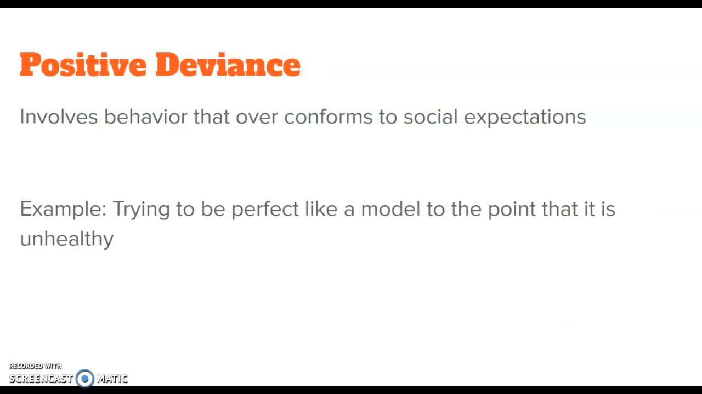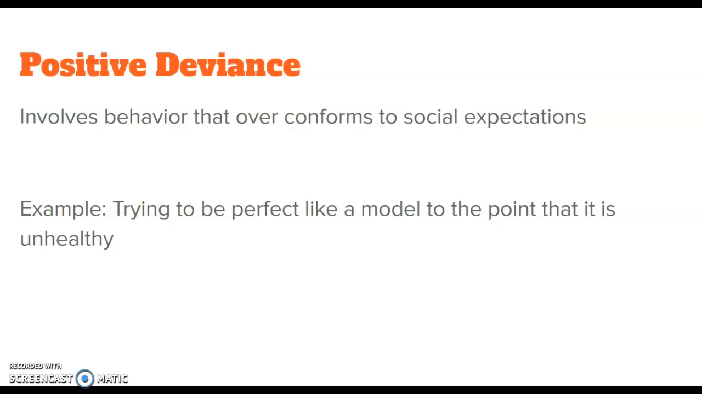Positive deviance, on the other hand, involves behavior that over-conforms to social expectations. So trying to be perfect, like a model, to the point that it is unhealthy. If you're thinking of a runway model or something like that, these women or even men who model for different companies may be very thin and look almost perfect, and people who try to emulate that without considering the fact that maybe technology may have played a part in that image